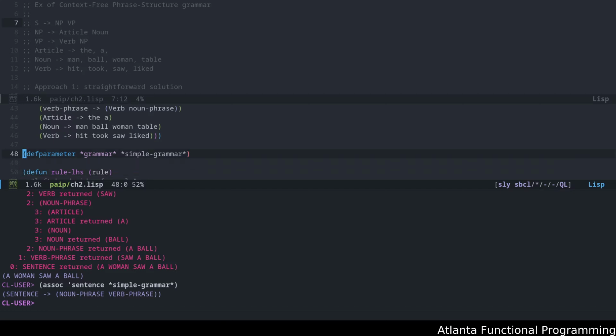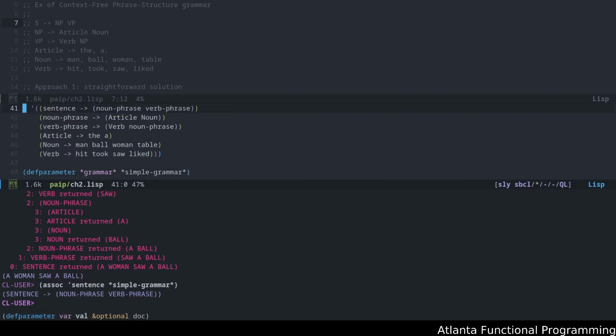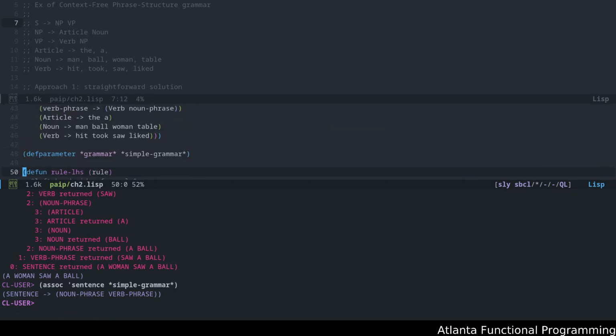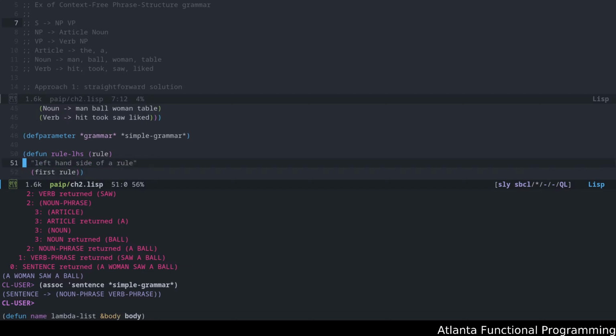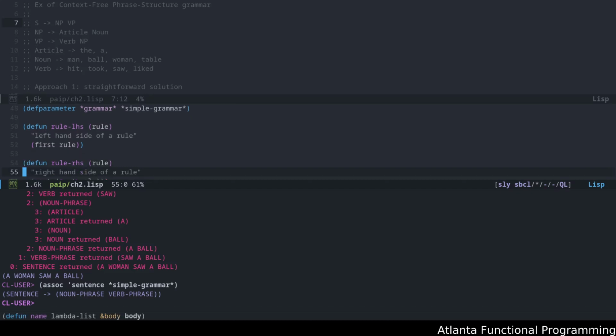From here, to interact with this data structure, because essentially this is a data structure that contains the set of rules that we want to interact with, we need a couple of functions. One is to grab the left-hand side of the rule, which is the name of the non-terminal symbol or the terminal symbol, and we'll call this rule-left-hand-side, like what the book mentioned. The second one is the right-hand side of the rule that Norvig defined like this,